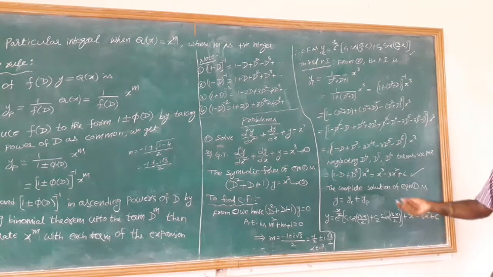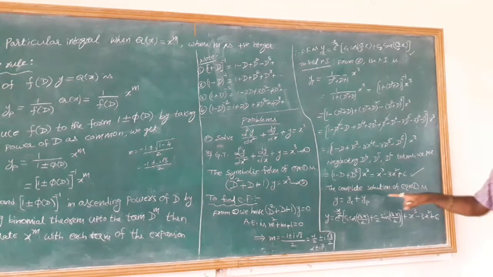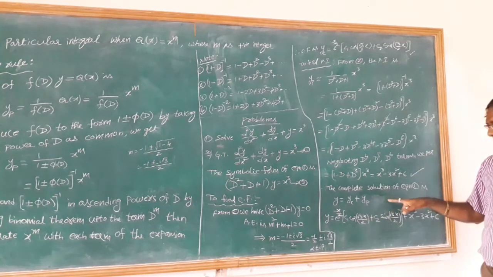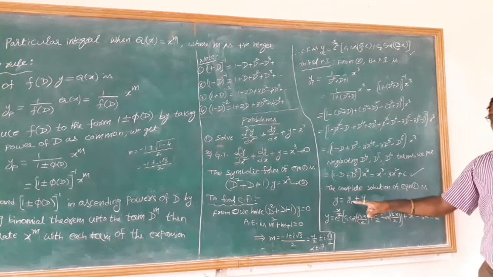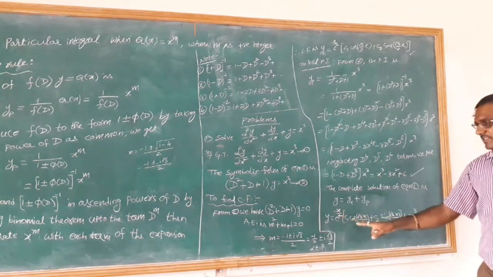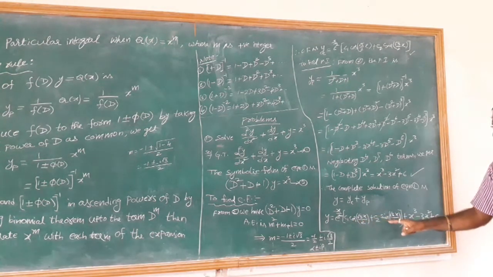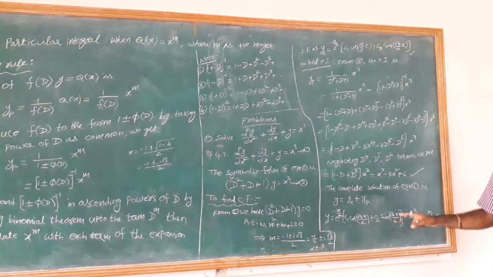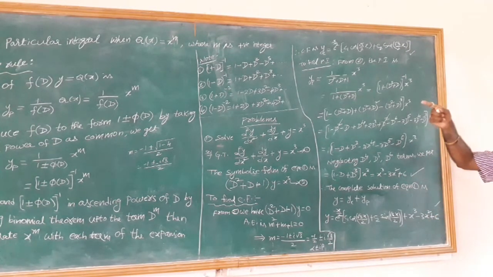Now we can write the complete solution of equation 1. So therefore the complete solution of equation 1 is y equals yc plus yp. So therefore y equals, what is the CF here? e power minus x by 2 into c1 cos root 3 by 2 x plus c2 into sin root 3 by 2 into x, plus what is the PI here? x cubed minus 3x square plus 6. Right? So this is the complete solution of the given non-homogeneous linear differential equation.